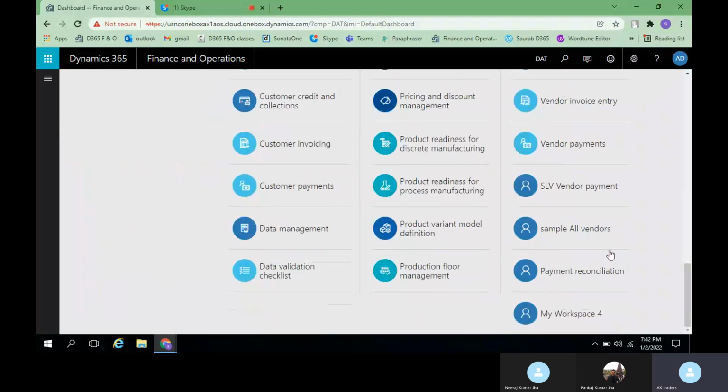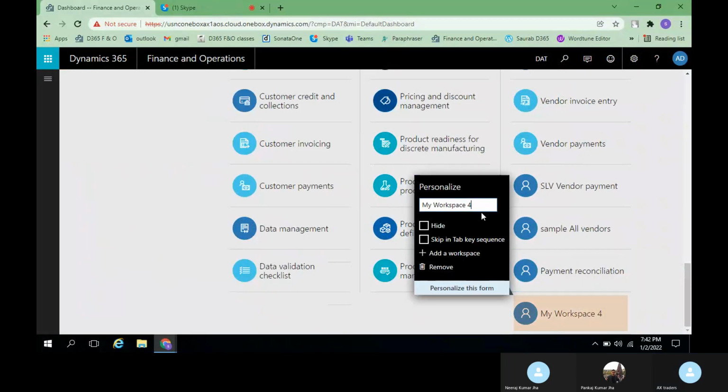A new tile has been created here. Let us rename this one as sample vendor invoices.